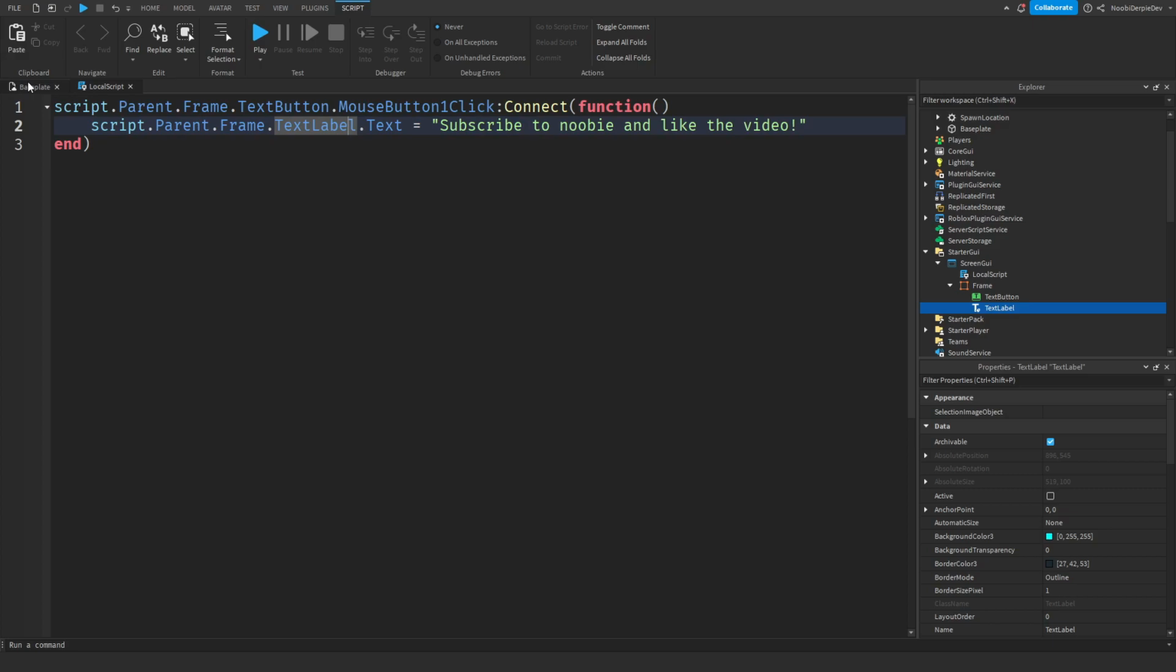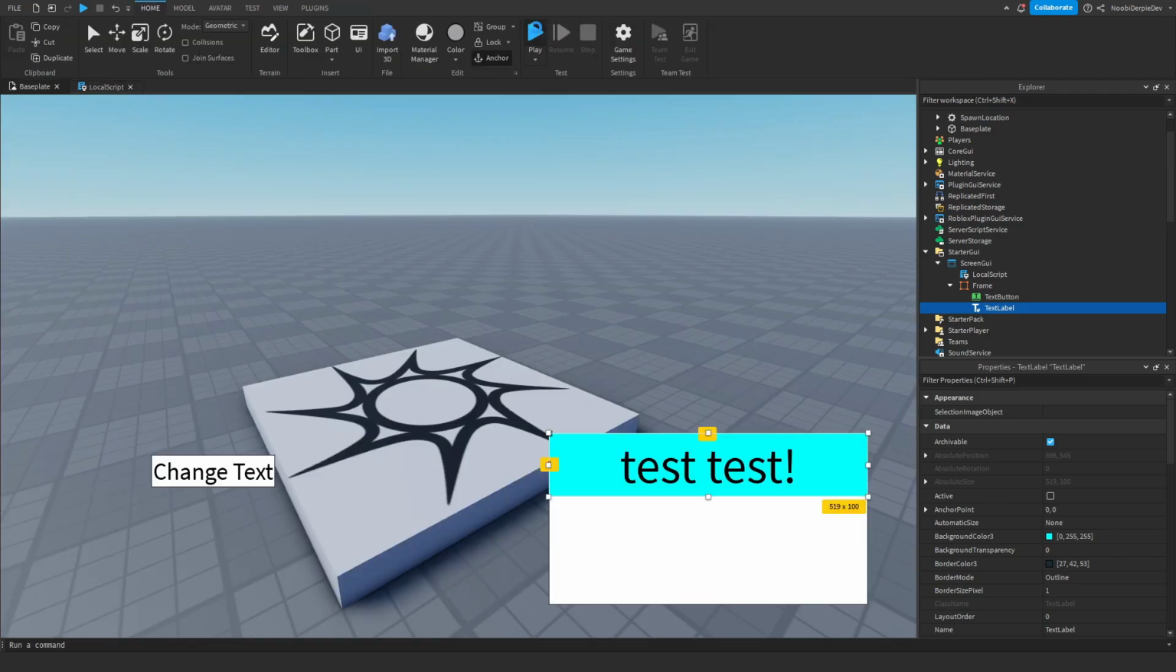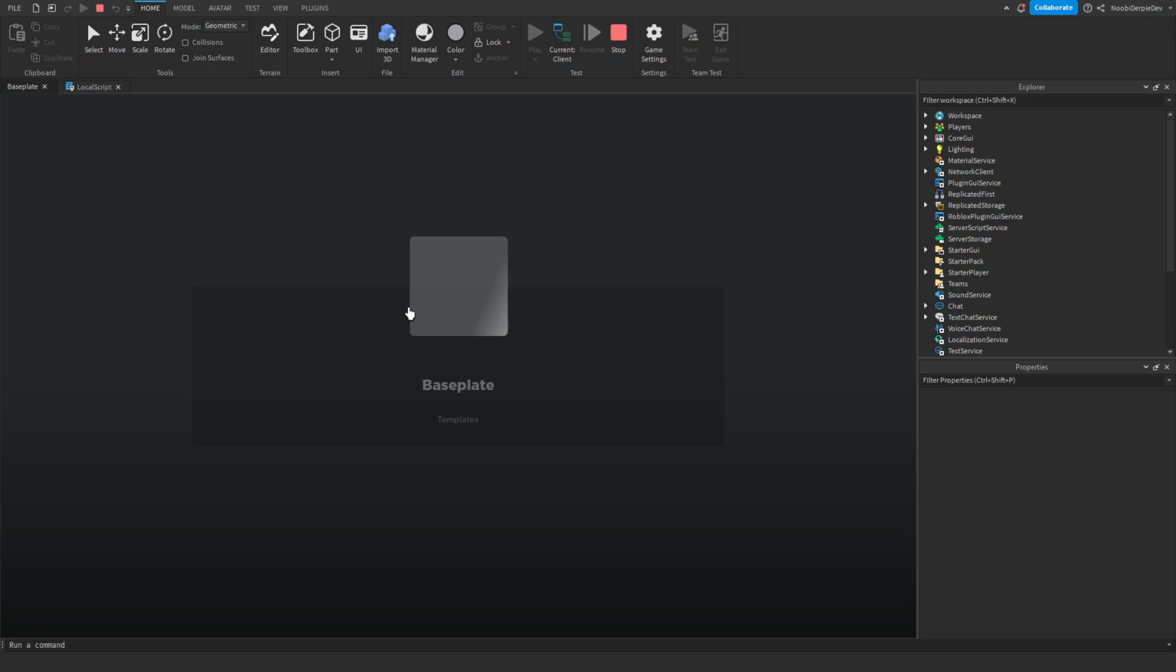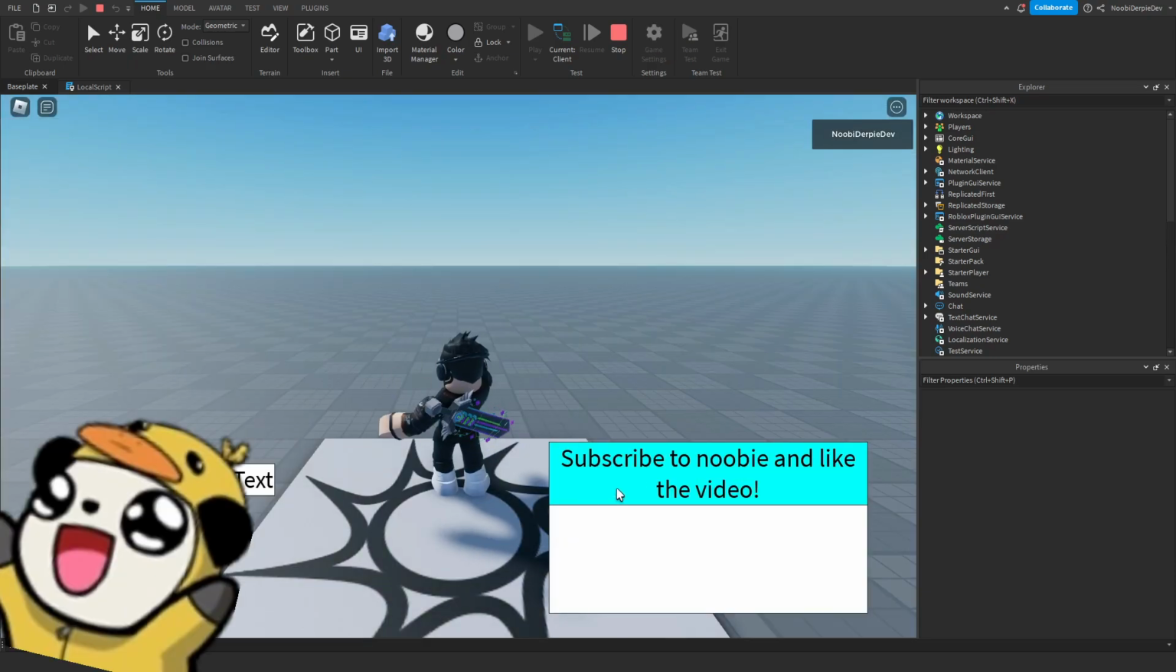So the gummy person has helped us out by telling us that frame does not have a text property and that we need to refer to a text label. So we have a text label and now we do .text and now it will work. So when we test the game out, you will see that if we press change text, as you can see,